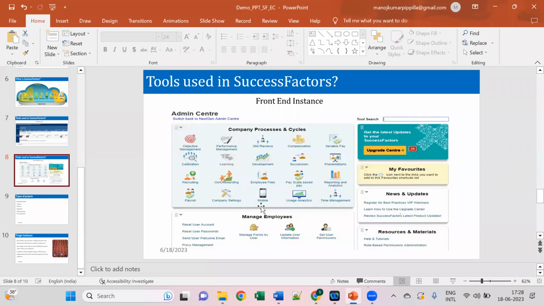The Success Factors application is completely codeless, which means we are not going to do any coding. It is zero coding. Everything is already provided by SAP, and we just need to follow some process to enable that functionality. It is a functional application, not a technical application, predefined by SAP already. But there are some steps we need to follow to achieve the requirements provided by clients. So those things we are going to learn.